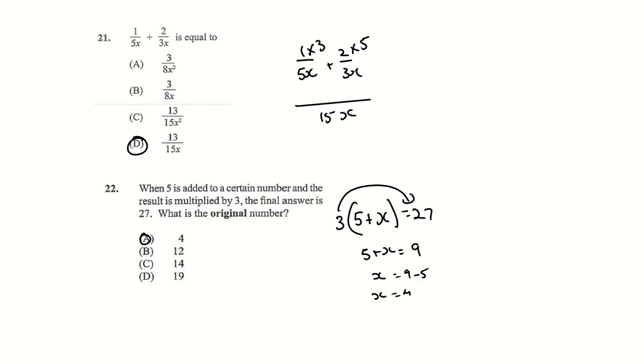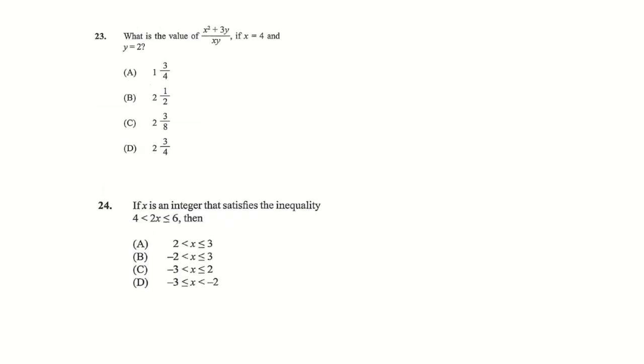So that's how you would have done this question. Number 23. This is a repeated question. I'm not going to do it over. It's 2 3/4. If x is an integer that satisfies the inequality, right, so what they did was,